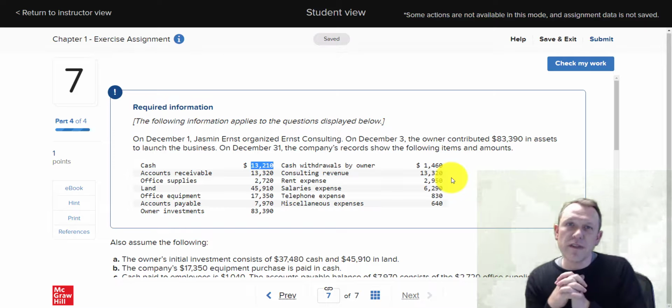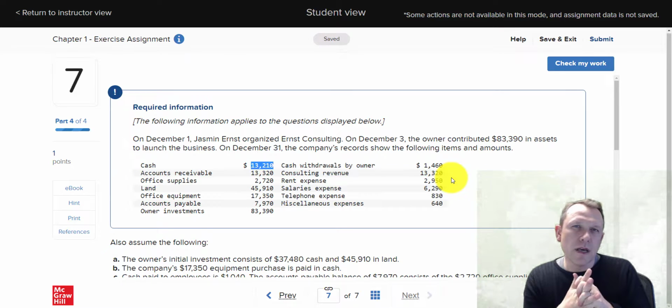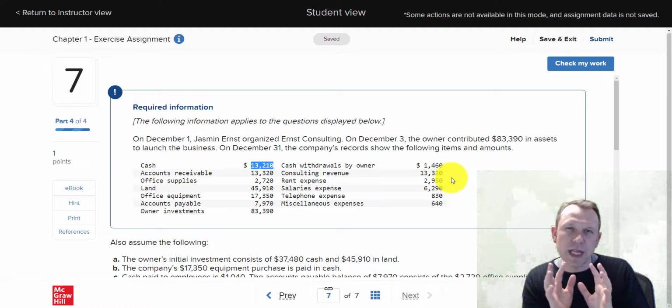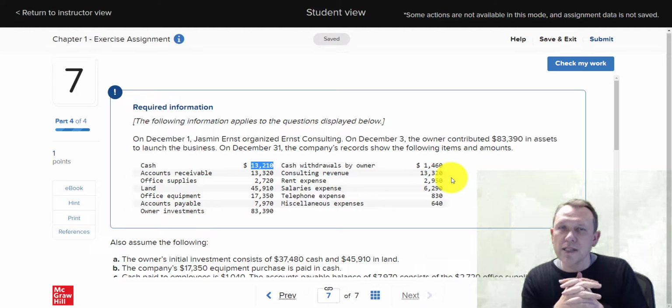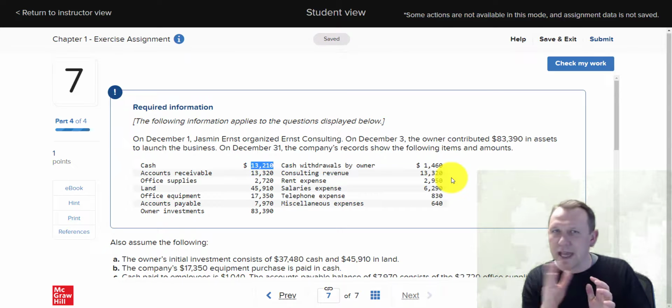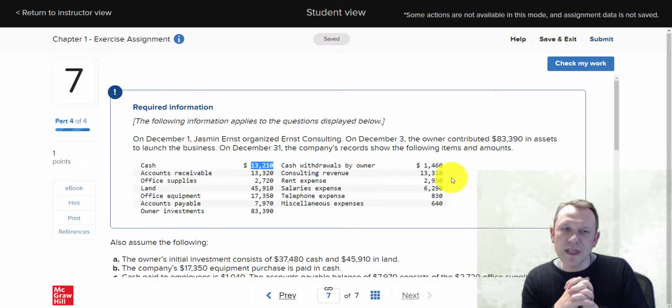Hopefully this helps you get the problem set done. I think this will, if you watch everything and follow along with it. And hopefully it gives you a better understanding of the financial statements. So we're going to build more financial statements as we go through this. It's a key part of the accounting cycle, and so stick with it, and you can